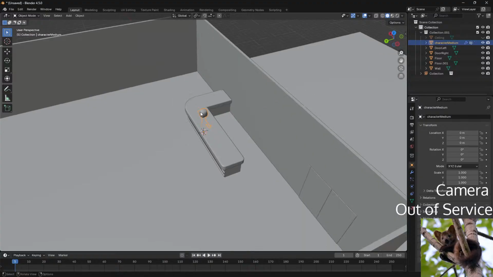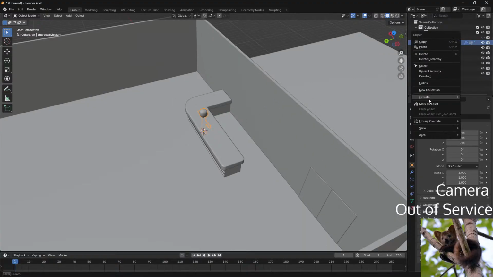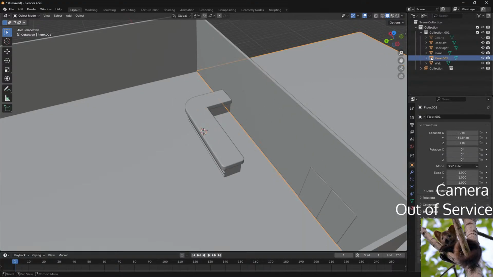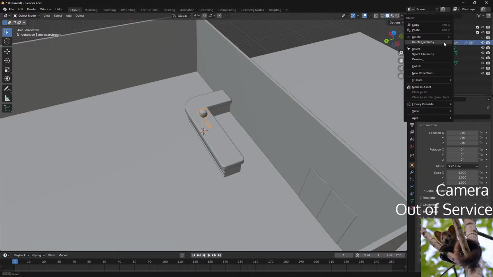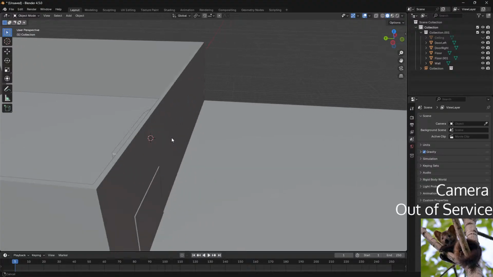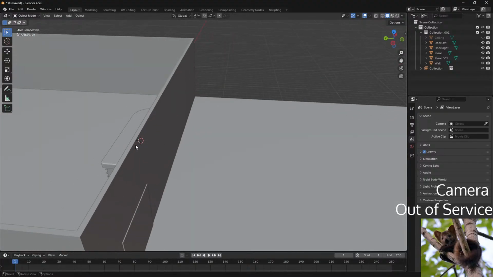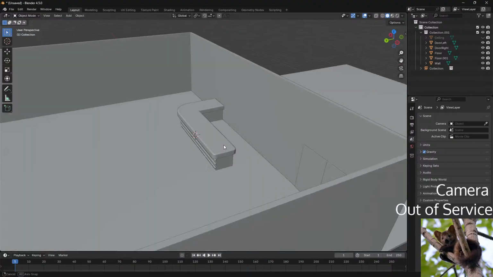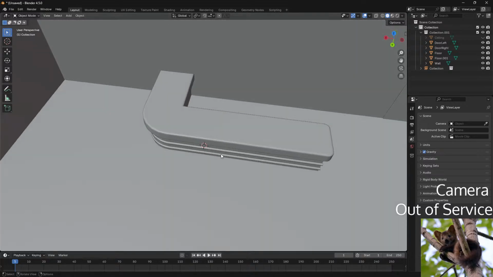Why is there a character in there? See, I misclicked, but it seems like it did what I want. Okay, so yeah, I might want to make the countertop.